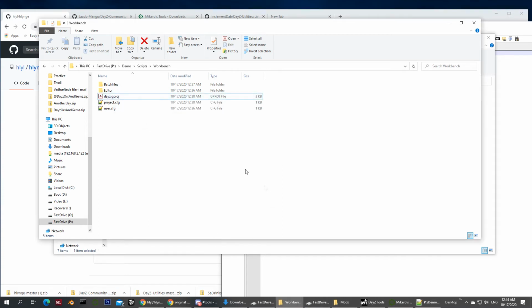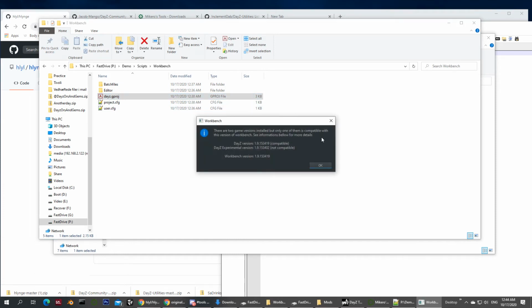Apply. Okay. Now when I double click here, I should get a functional version of the workbench.